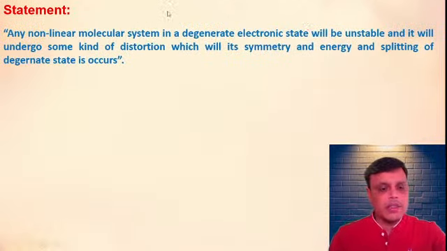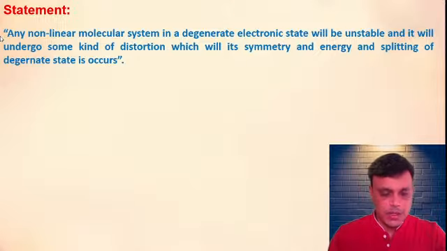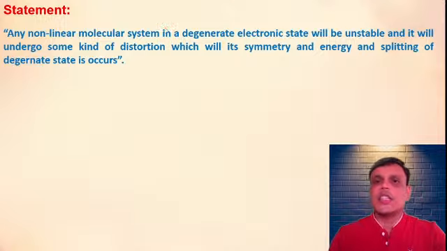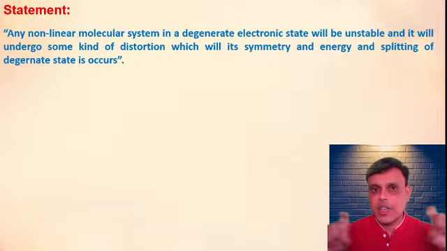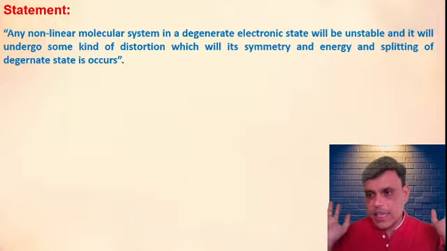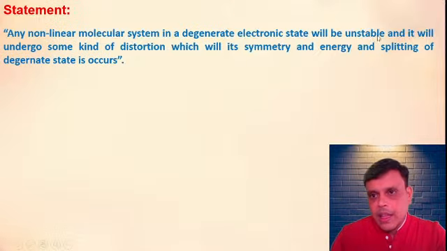आपके screen पे, see carefully or listen carefully. Any non-linear molecular system, meaning octahedral molecular systems, in a degenerate electronic state will be unstable. कोई भी non-linear molecular system है, अगर उसका electronic configuration degenerate है, that means all the orbitals are the same in energy, then it is unstable. So it will undergo some kind of distortion which will lower its